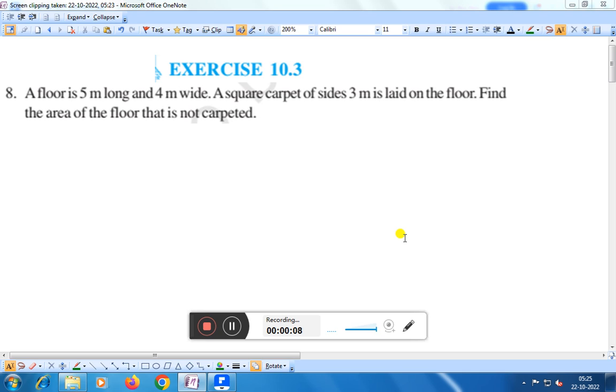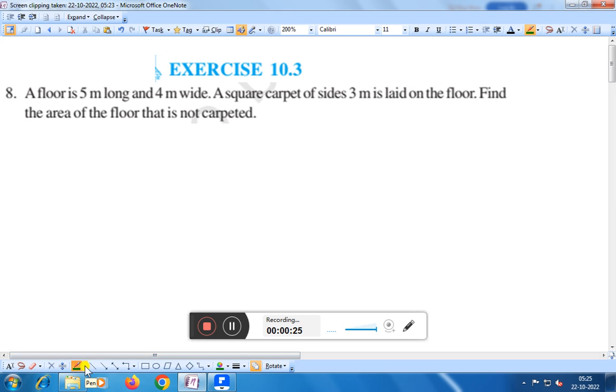A floor is 5 meter long and 4 meter wide. A square carpet of sides 3 meter is laid on the floor. Find the area of the floor that is not carpeted. Right. Here you see,